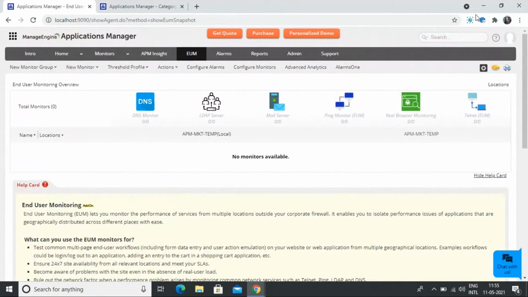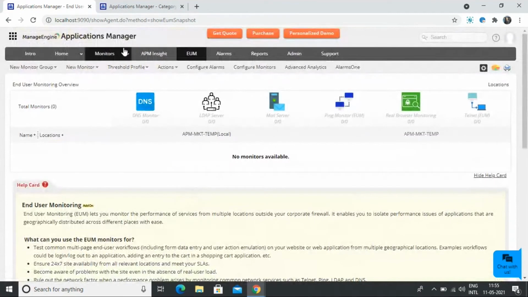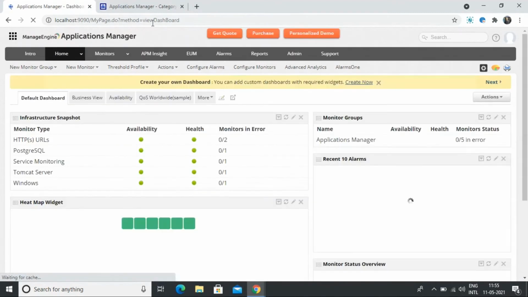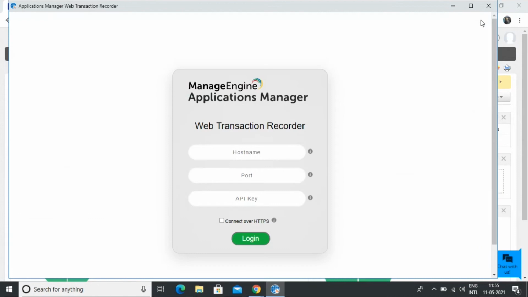So once you have the recorder installed, once you have the agent installed, you should be good to collect details, that is, perform transactions and collect details. So what I am going to do now in this example is, I have my agent already in the running state, so I'm just going to start my transaction recorder. And this is the screen that we saw